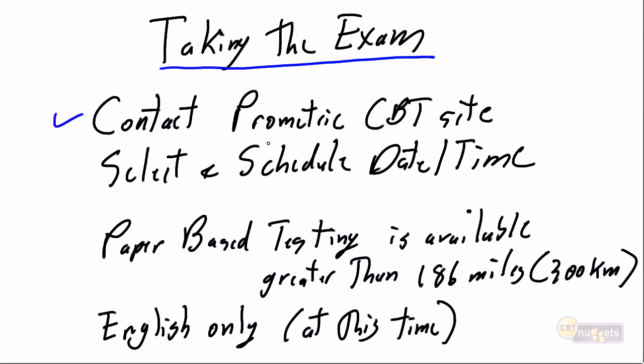It's as simple as contacting the Prometric CBT site. So go to prometric.com, log on to their site, have your eligibility letter details in hand, search for the test site most appropriate, I'm going to say nearest to you, but most convenient to yourself, and then simply select and schedule the date and time that you want to take the exam, show up, take the exam, get your certification, and you're in business. And this is again the norm